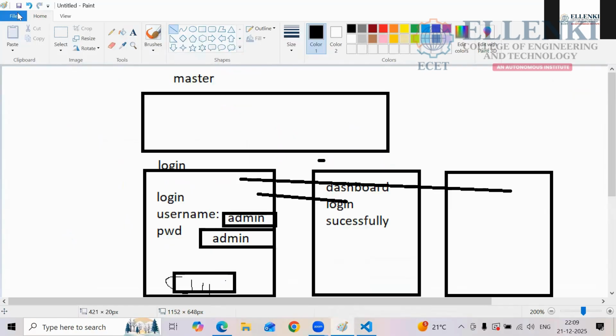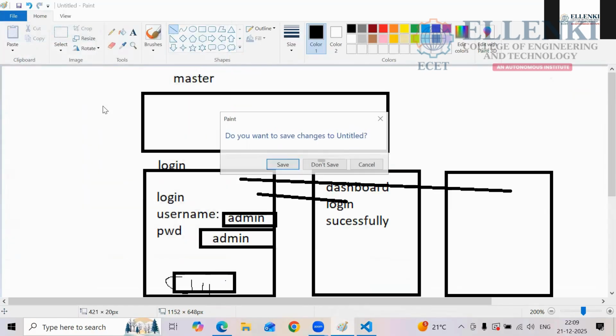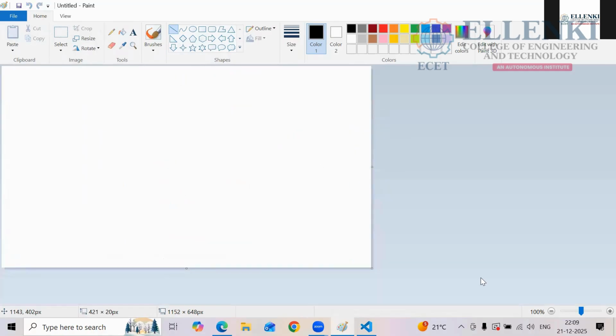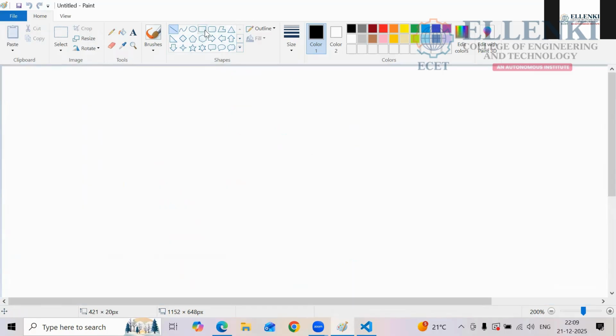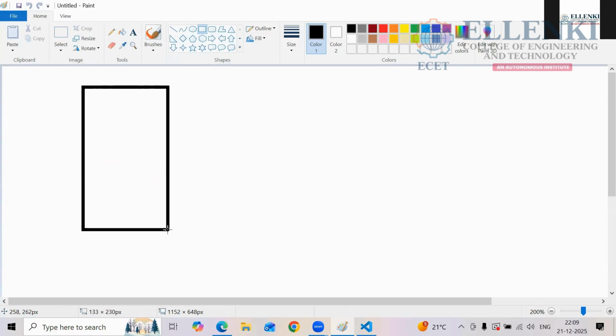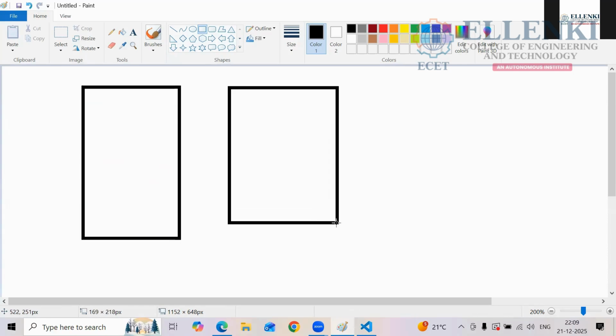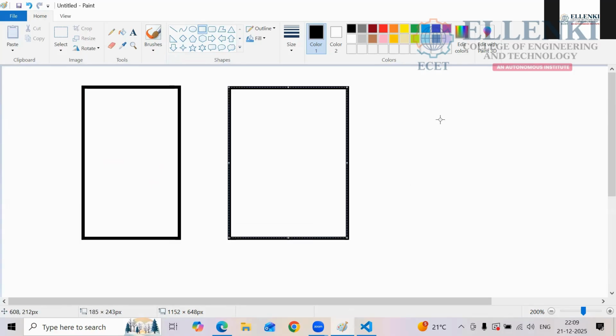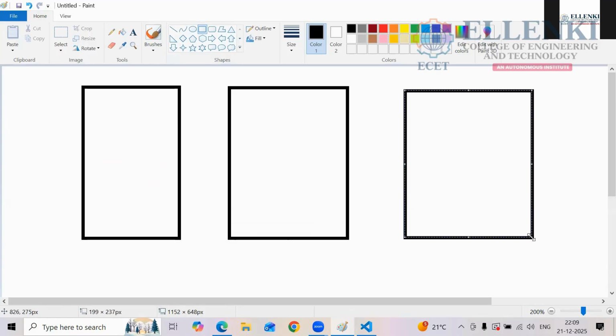This is my new thing, and here I am having my front end as what? React. This is my React front end, and this is the back end, and this is what? DB.